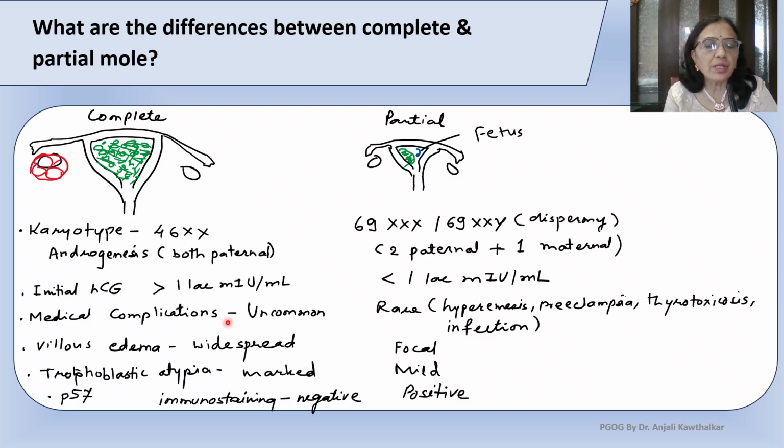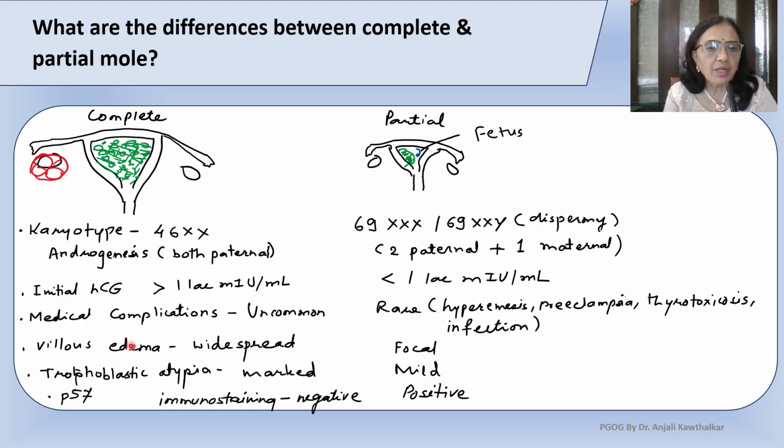Nowadays we are diagnosing vesicular mole, especially complete vesicular mole, usually in the first trimester with better ultrasonography machines, and that is why medical complications are relatively uncommon. Otherwise, a late diagnosis is associated with an increased risk of all these complications. I will repeat again: hyperemesis, early onset preeclampsia, that is before 32 weeks of pregnancy, thyrotoxicosis,